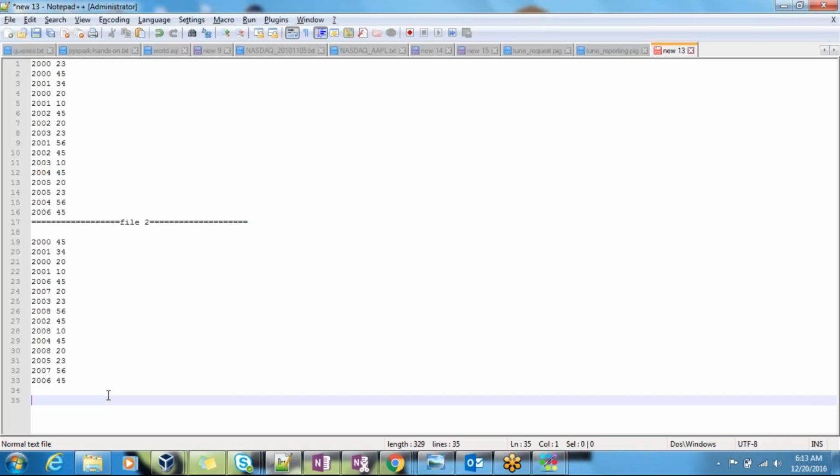What is your K2? K1, V1 is based on the input format. So what is your K2, guys? Maximum temperature? No. If you look at the problem statement, I want the year-wise maximum temperature.